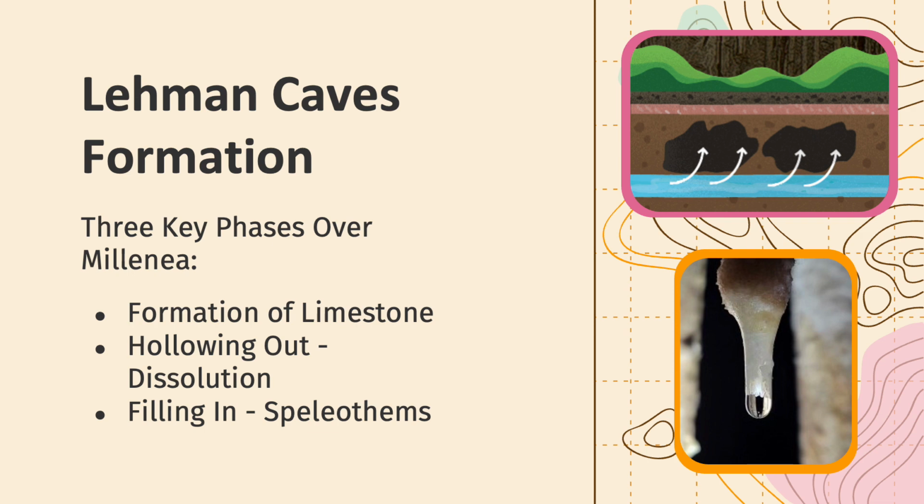Part 2, dissolution of the rock to make a cave. Warm acidic groundwater entered cracks in the rock and dissolved away passages and rooms. This left huge voids in the rock and occurred near the top edge of the water table. Many refer to this as the hollowing out phase. And Part 3,